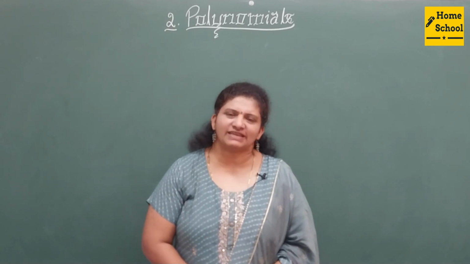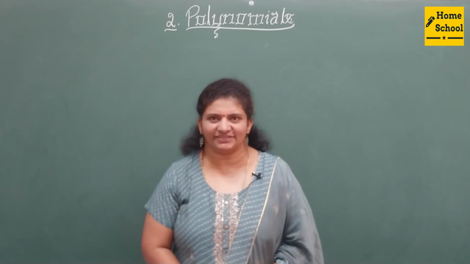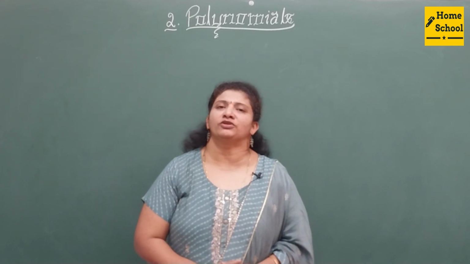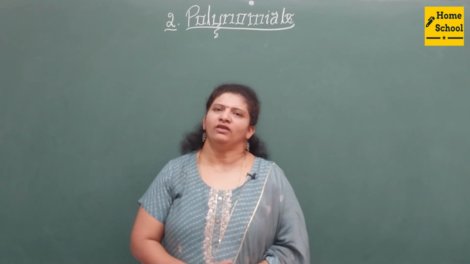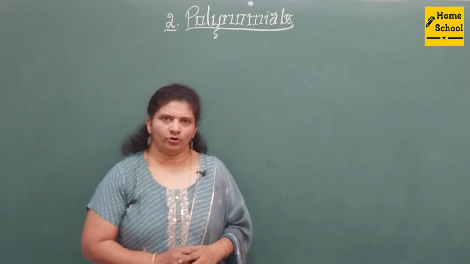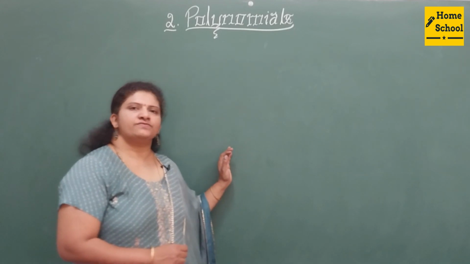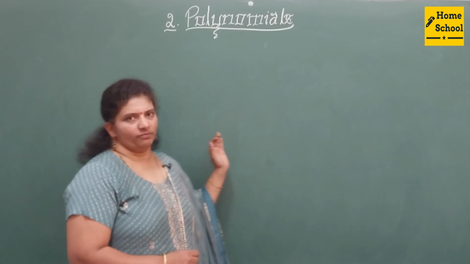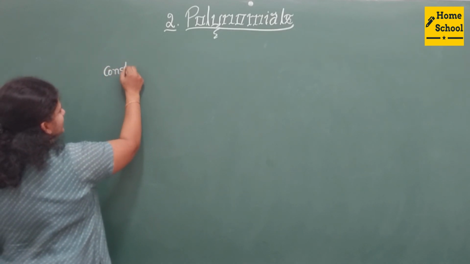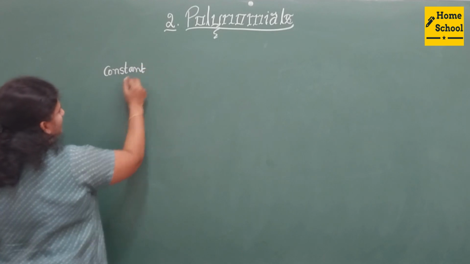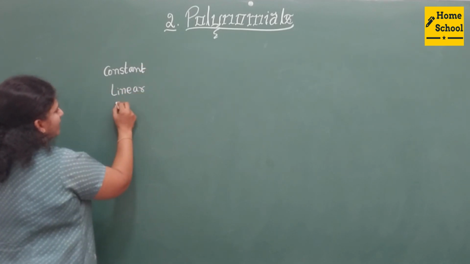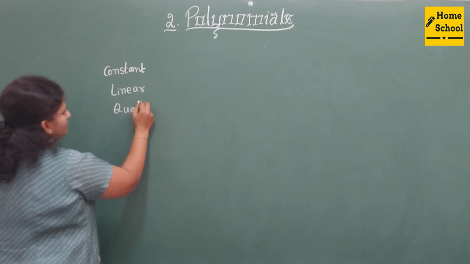Today we are going to start class 10 mathematics revision and we are going to start with an easiest chapter, that is chapter 2 from your textbooks, Polynomials. Let us recollect some basic concepts in the polynomials. First we are going to see the types of polynomials: the constant polynomial, and then linear polynomial, quadratic polynomial,